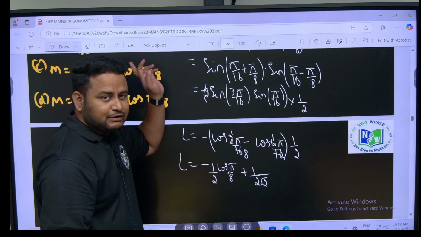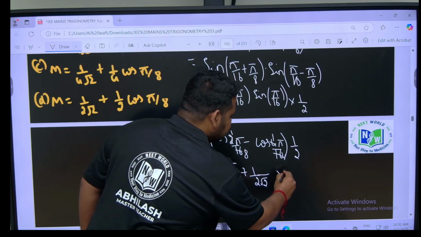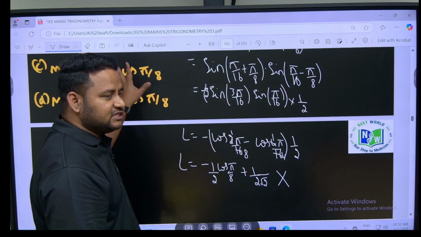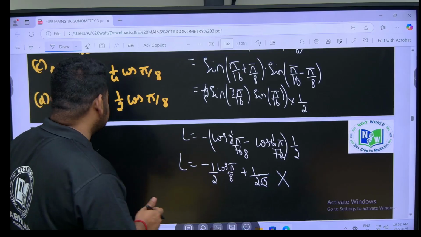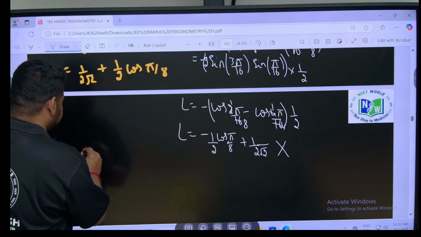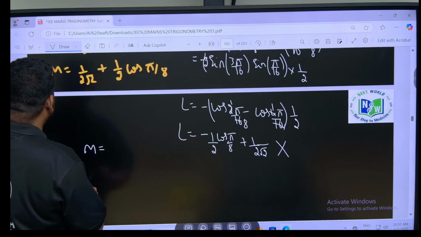Okay. The signs have changed. So this is not the right thing for us. L is not the right thing for us. So what should we do now? We should check for M. So let us check for M. M is given as what, friends? M is given in